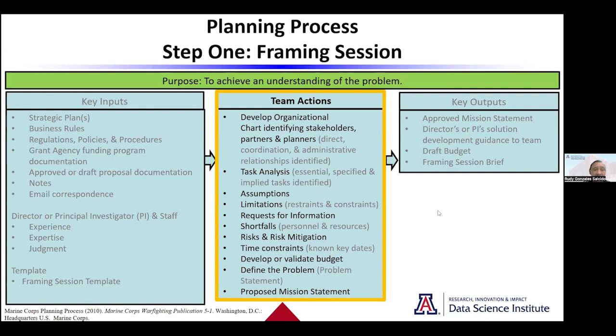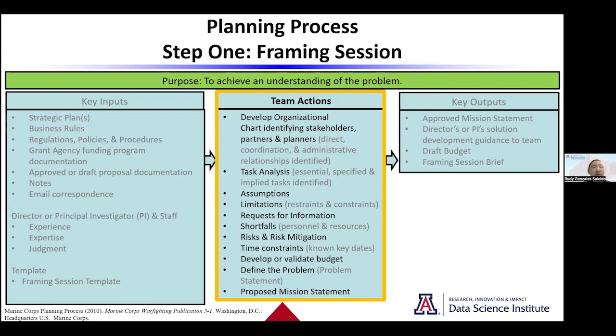And then we get into team actions. So it's like, okay, we need to start developing the organizational chart, identifying those key stakeholders, any partners, maybe the planners. And then identifying how is everybody linked? And I'll give you an example of that. Task analysis, like what are some of those tasks that are essential? That is something absolutely essential, it's probably going to end up being the overall mission of your project. But there could be a number of essential tasks associated maybe with certain things like logistics,